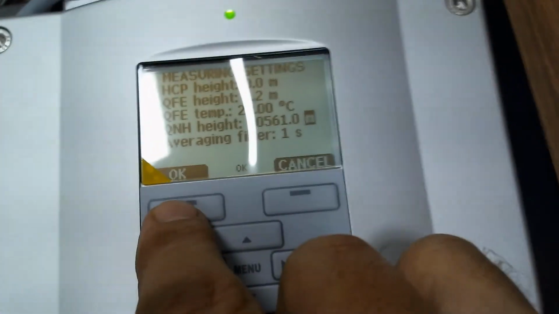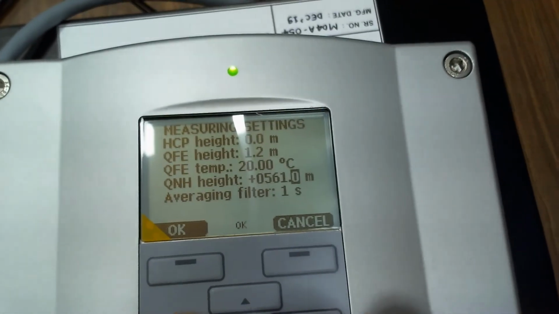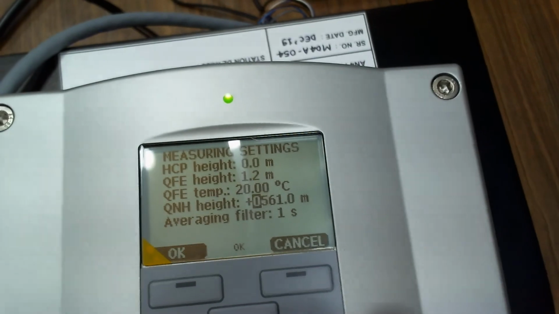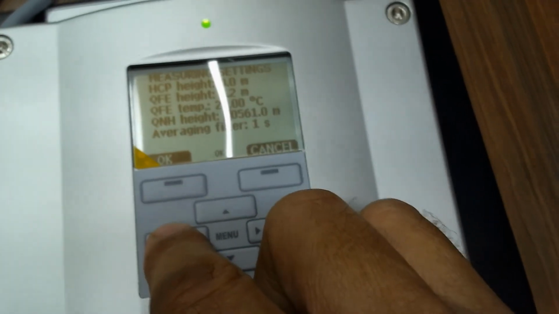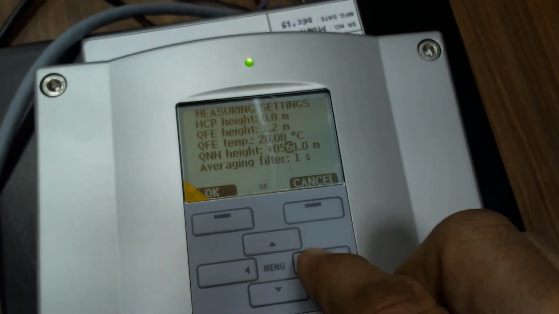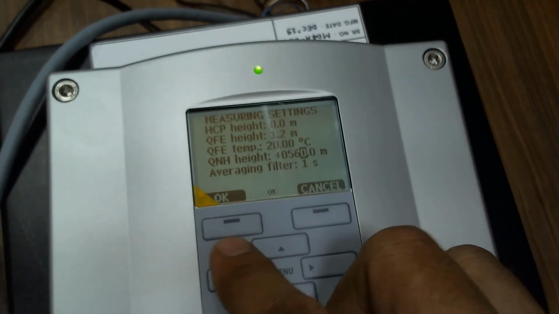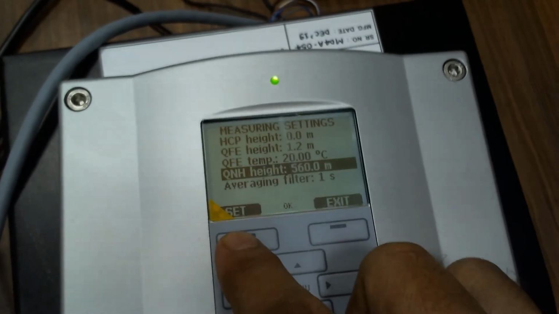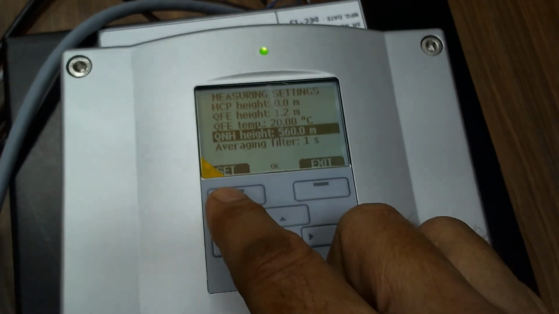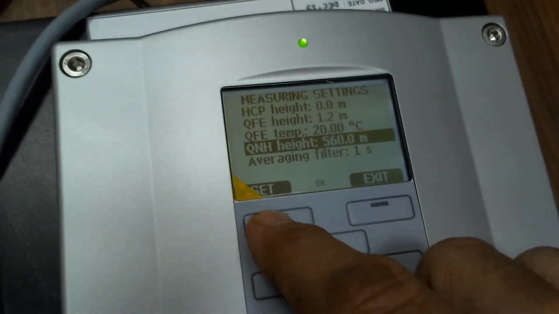With the help of this button, if you want to change this, you can change it, each and every digit. Press this button, it will come here. Now I want to make this 0, so press this, make this 0 and then press OK. So it has become 560. So only QFE height and QNH height you should set here, other things you need not.